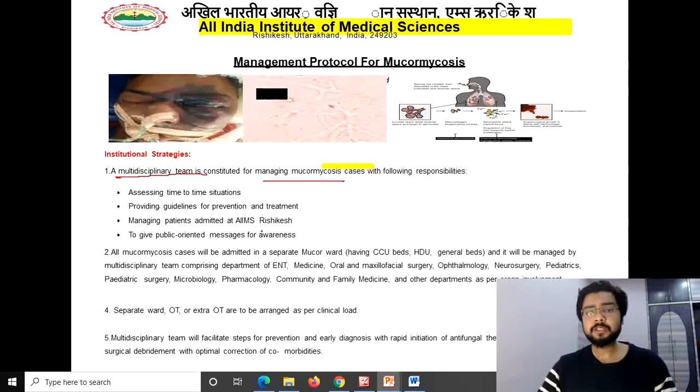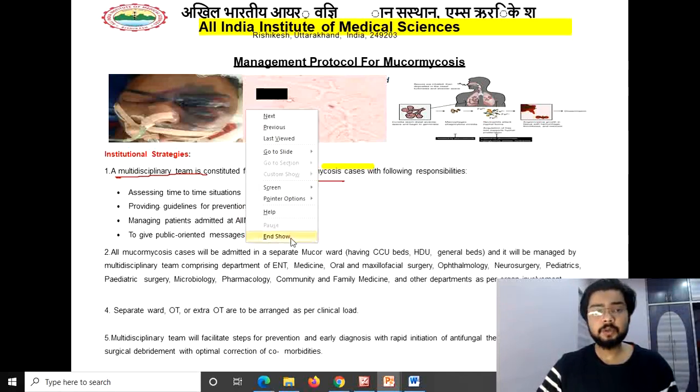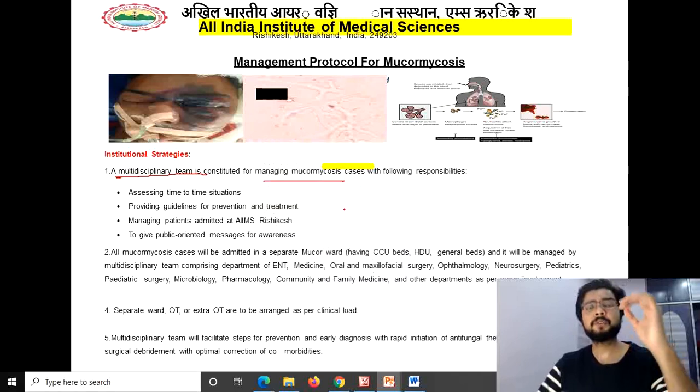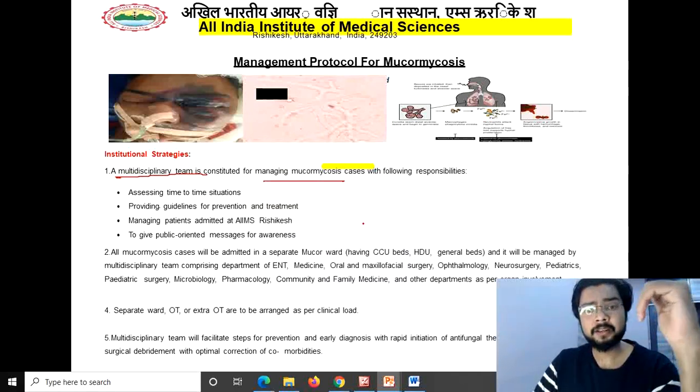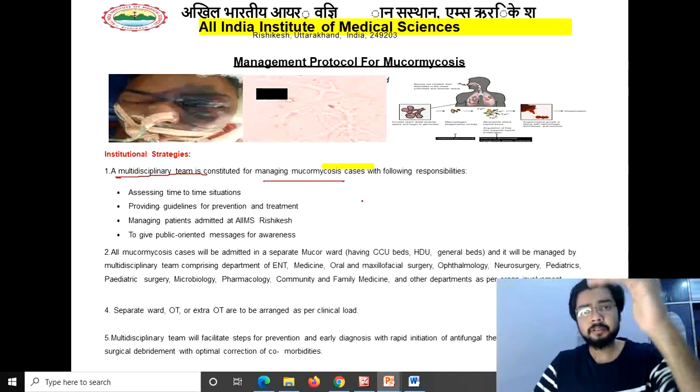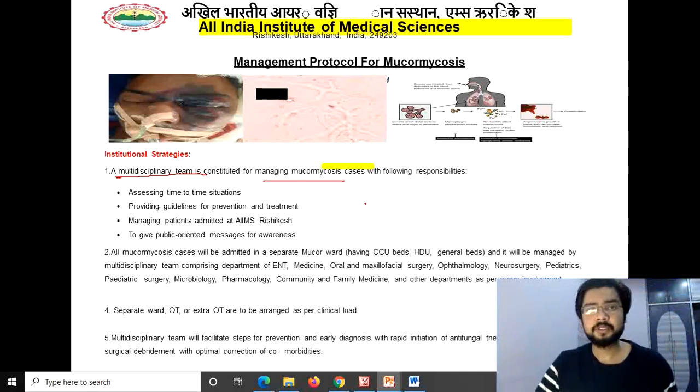Now, one question that they can start with is how you are going to manage this mucormycosis pandemic at your hospital or in AIIMS. If you are a team head there, what will you do? There will be some 3 to 4 options, right? So you should know what you are going to do.